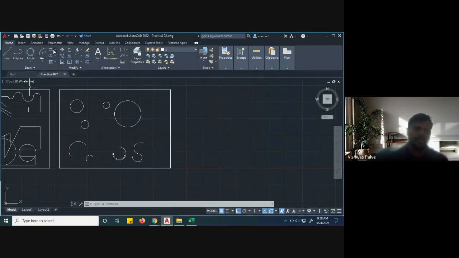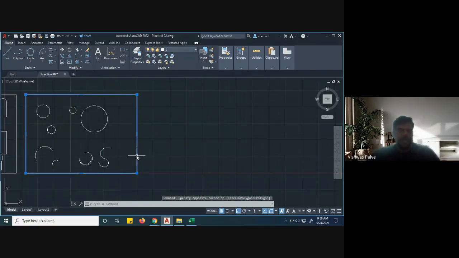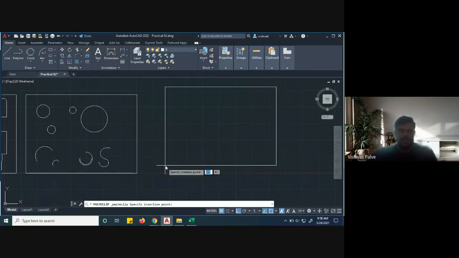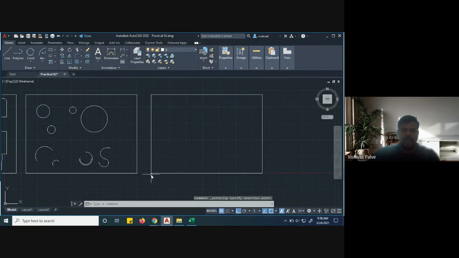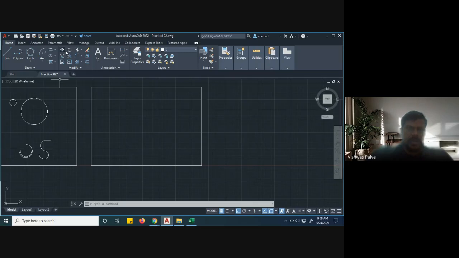Now the remaining features are the rectangle, ellipse, and hatching. Only these 3 features are there. We'll just go through that: rectangle, ellipse, and hatching. Now copy and all are there in the modify toolbar, so no need to worry about how I am copying this rectangle and pasting it in another location, right? Those features we are going to study are in the modify toolbar, then annotation toolbar, and layer toolbar.